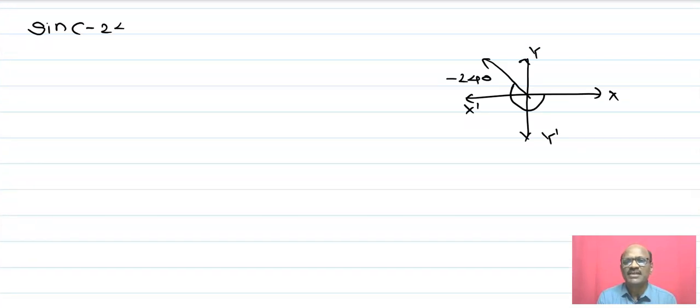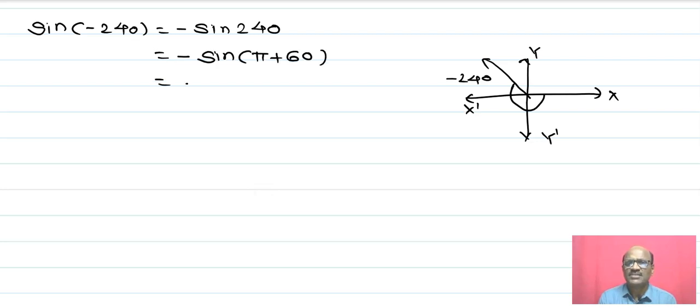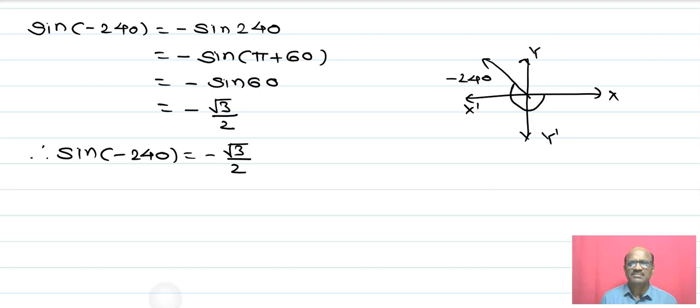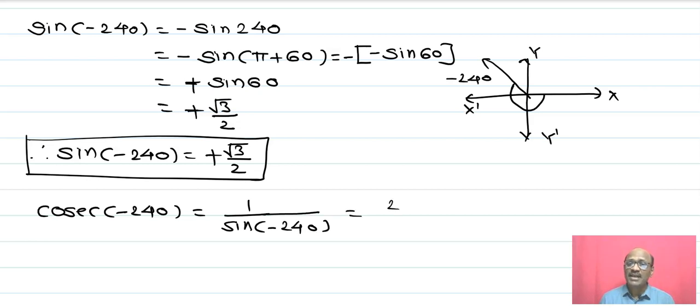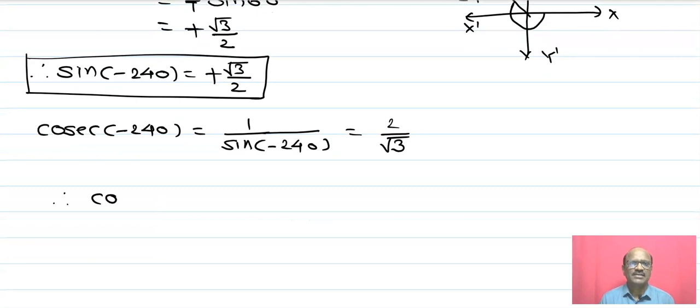Now the next angle is minus 240. Again, sine of minus 240 means minus sine of 240. That is, 240 can be written as pi plus 60. Again here I want to make a small correction. The same mistake is there, sorry. Minus minus becomes plus. Sine of pi plus 60 goes in which quadrant? It is in the third quadrant. Sine of pi plus 60 is negative. Therefore minus in bracket minus sine 60. That minus minus becomes plus, and therefore sine 60, which is root 3 upon 2. Cosec of minus 240 is very normal. That is the 2 upon